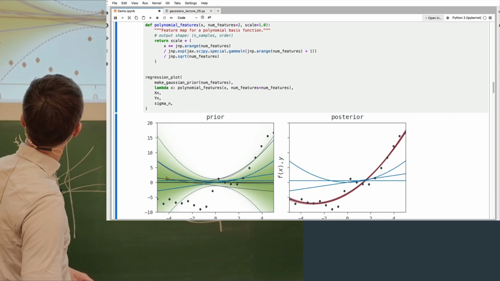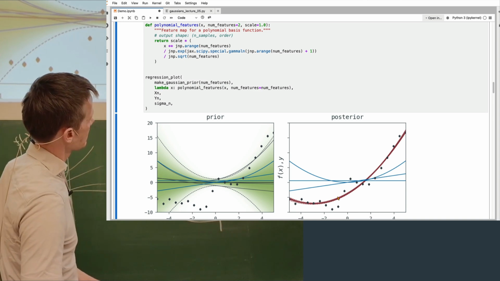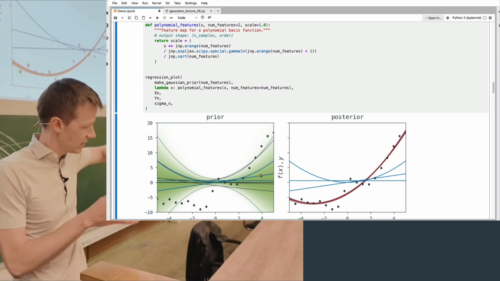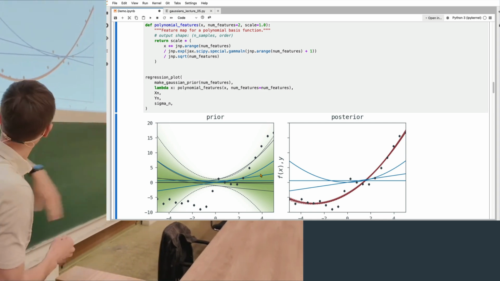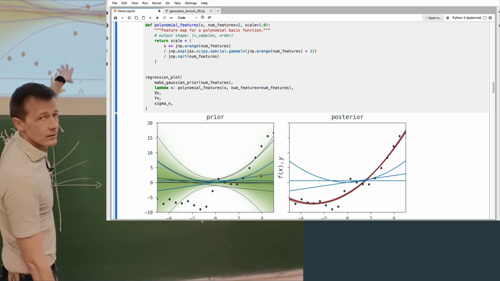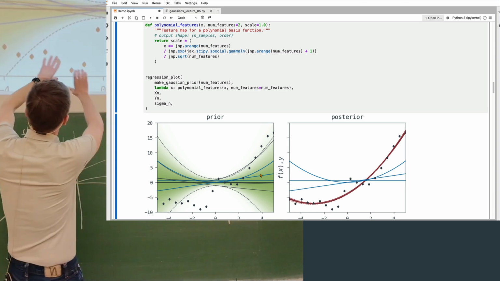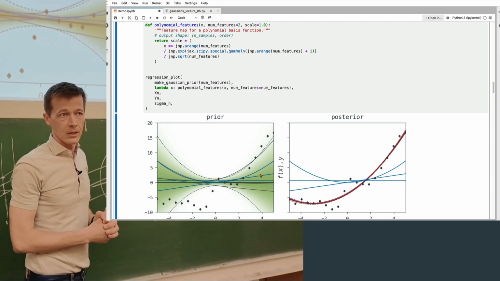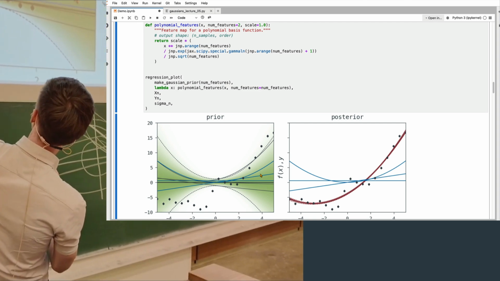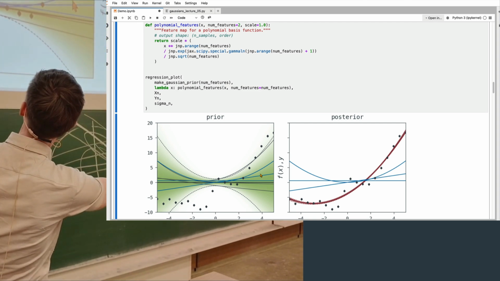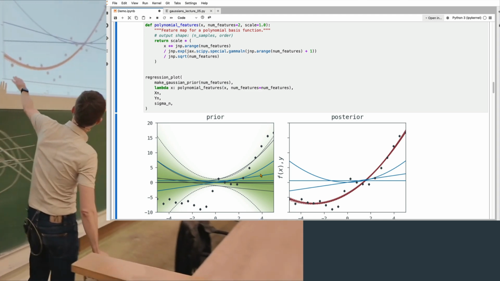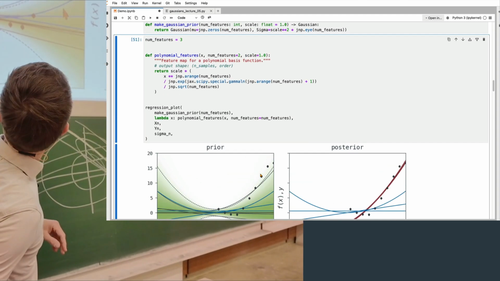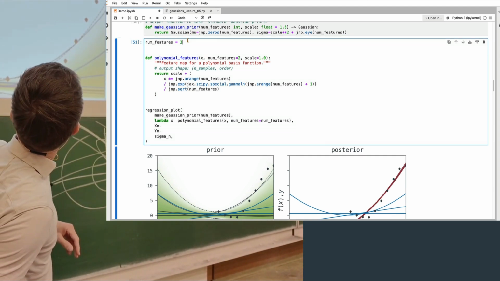So the prior is on the left again, and the posterior on the right. In blue you see the features. There are now 3 features: a constant function, a linear function, a quadratic function. And the prior now looks like this. Why? Because we now have a quadratic feature as well, which opens up this trumpet a lot more. So the prior actually kind of looks okay, right? It kind of has this expanding thing on the left and right. But the posterior is maybe a bit overfitting. Okay, maybe that's just because I'm using only 3 features. Let's see what happens if we go